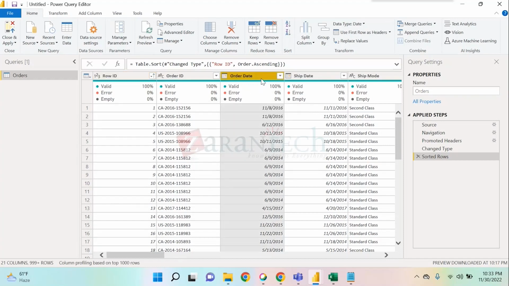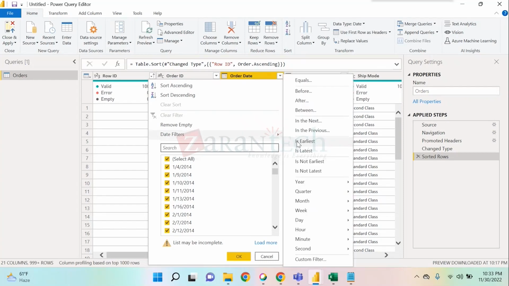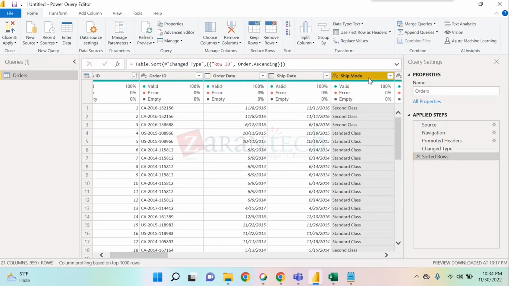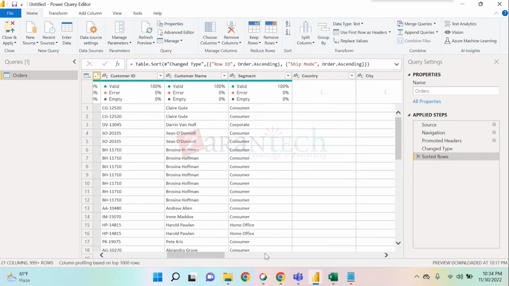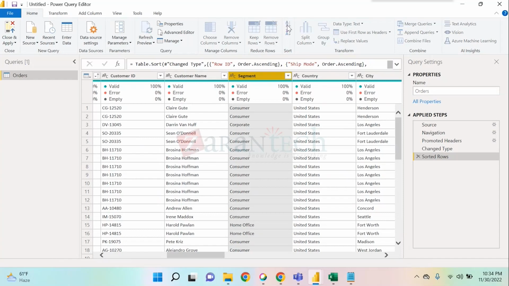For example, now if I sort this Z to A, you will see 11/8/2016. Over here it's not sorting the date, right? Let's just see. When you have a date, it might not sort this. But for other things, like if I have a ship mode, it will sort from A to Z. Here you will not be able to identify. Like C, segment. Now can you see home office is coming up? So if I sort A to Z,